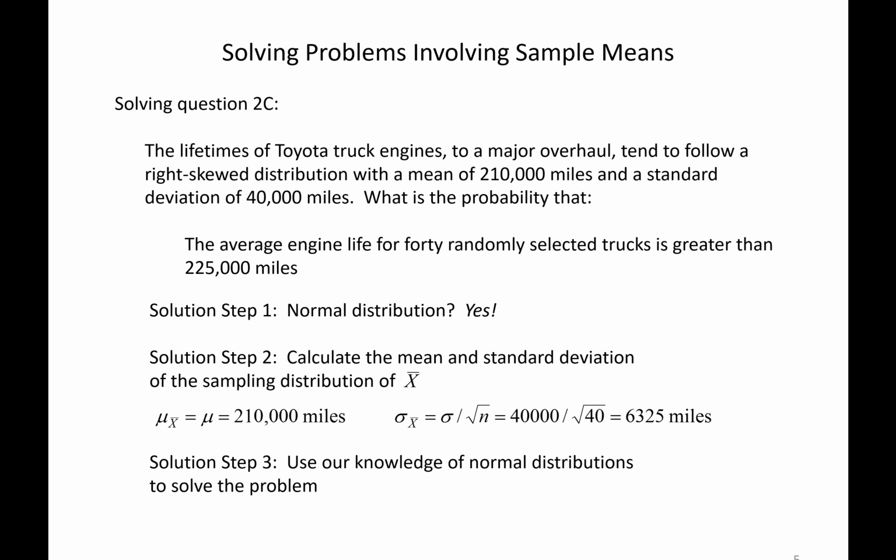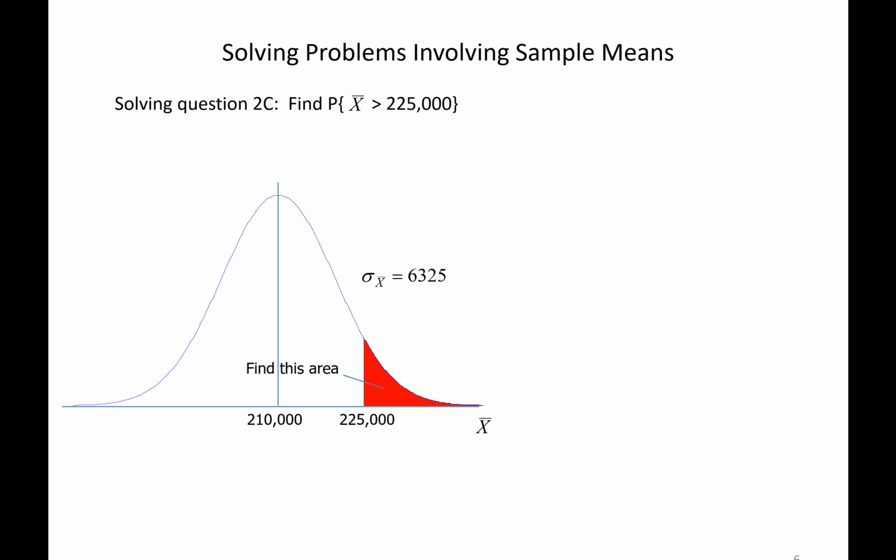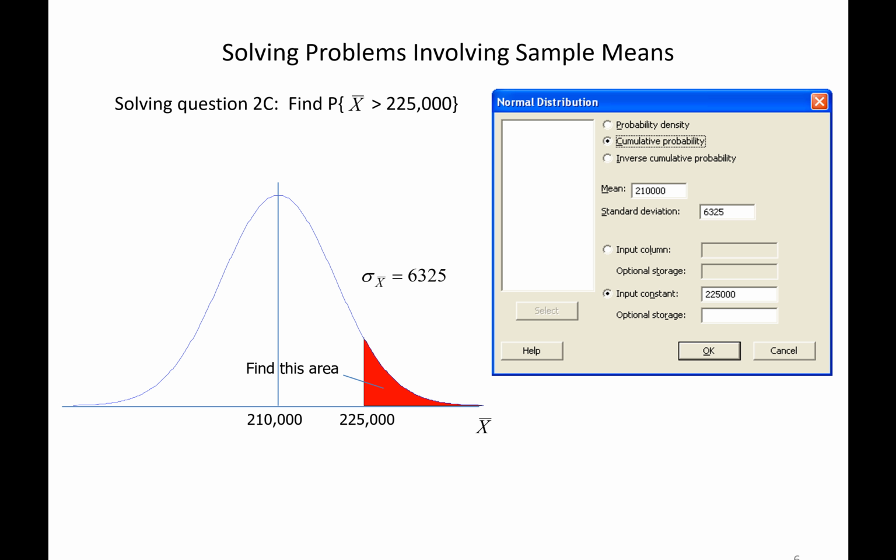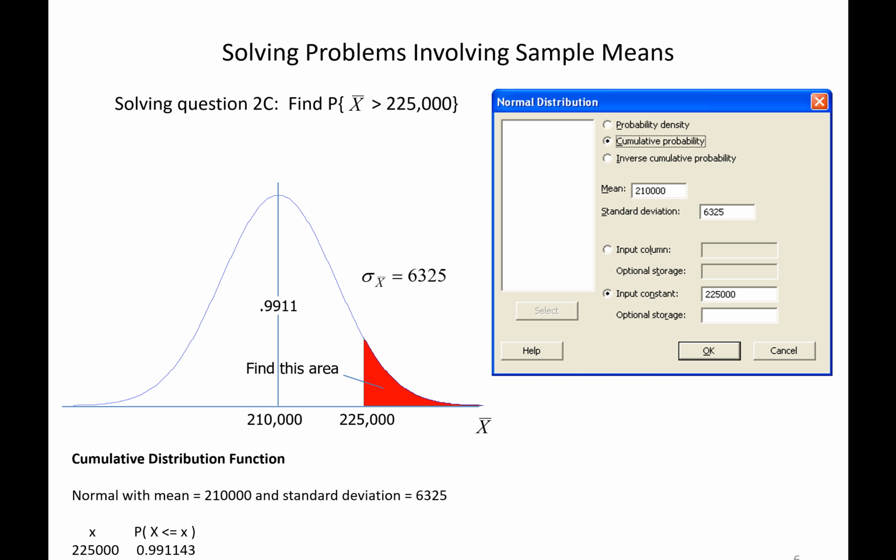We know everything we need to know in order to answer the question at hand, and that is, what is the probability that x bar is greater than 225,000 miles? So we have this picture, and we can use Minitab or Excel or the table or whatever you want to do. We're going to use Minitab here, and we're going to use cumulative probability. And remember that cumulative probability is the left tail, not the right tail. So when we put this in, we're not going to get exactly the right value, but we are going to get